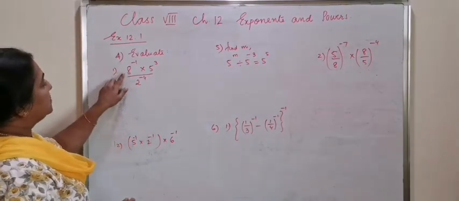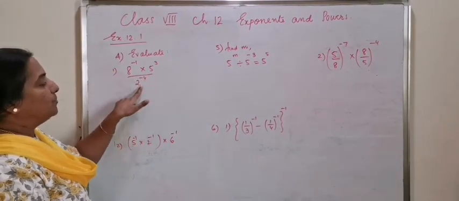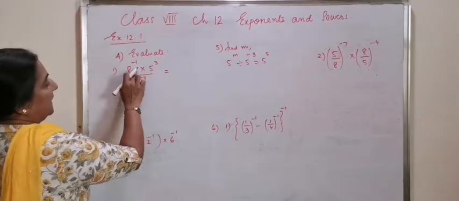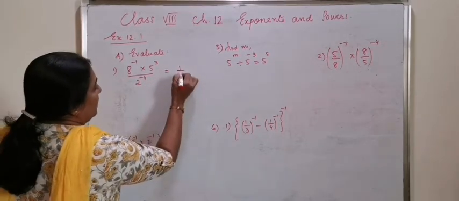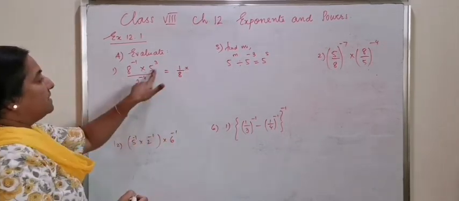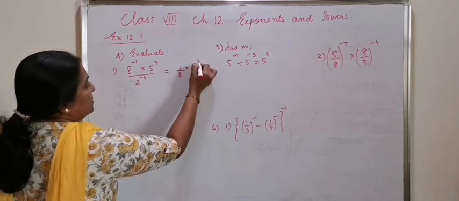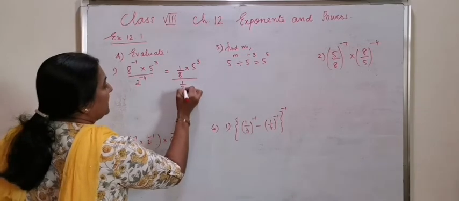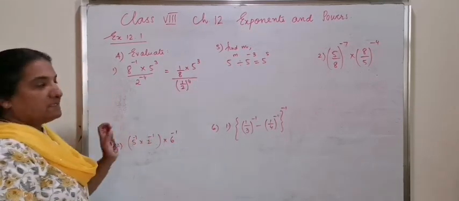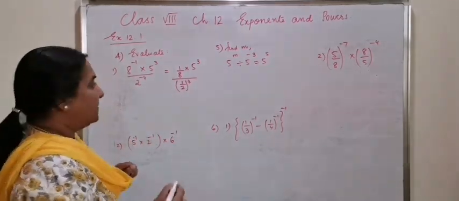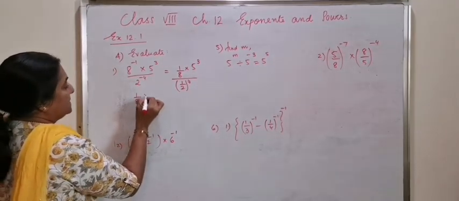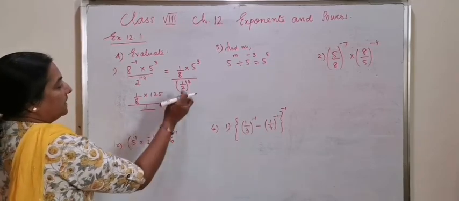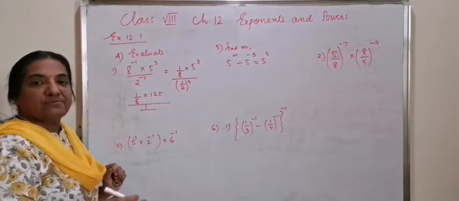Evaluate. 8 to the power of minus 1 into 5 cubed divided by 2 to the power of minus 4. How to convert: 8 to the power of minus 1 is 1 by 8 into 5 cubed, leave it as such, divided by 2 to the power of minus 4 can be written as 1 by 2 to the power of 4. Since the question is evaluate, let's get the values. 1 by 8 into 125 divided by 1 by 2 raised to 4, means 2 square is 4, 4 fours